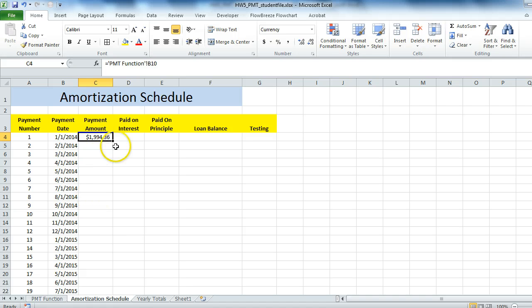It should be all 120 months, the payment amount should be the same amount, $1,994.36, and then copy and paste. But here you need to make B10 the reference, must be an absolute address right there. I hit enter, and then you need to copy and paste by using auto